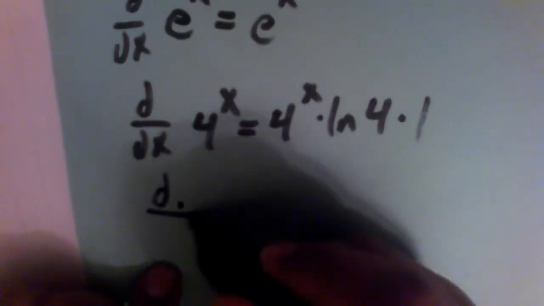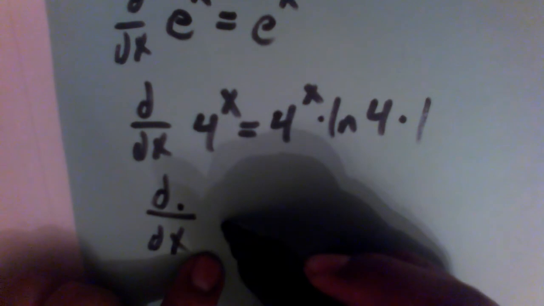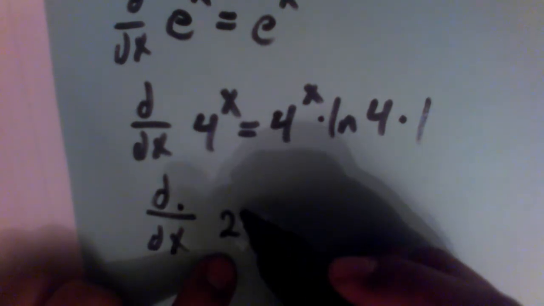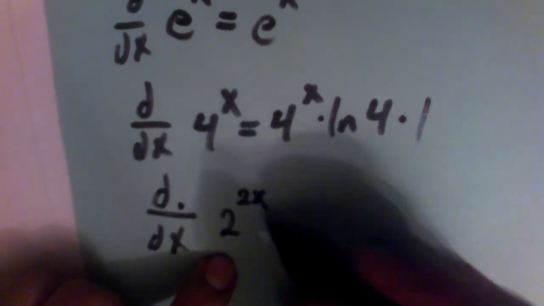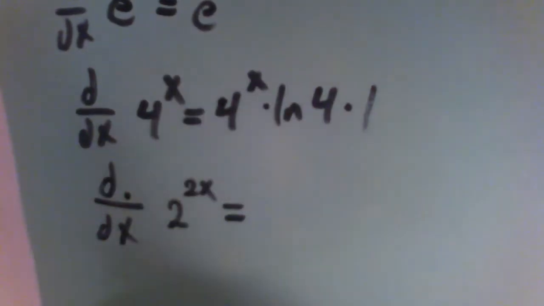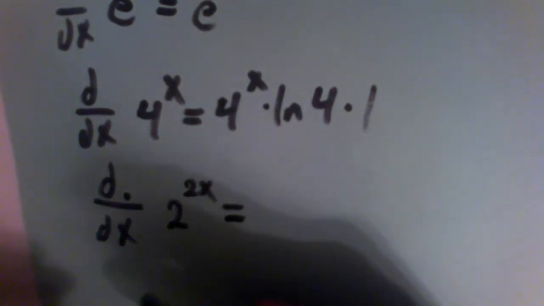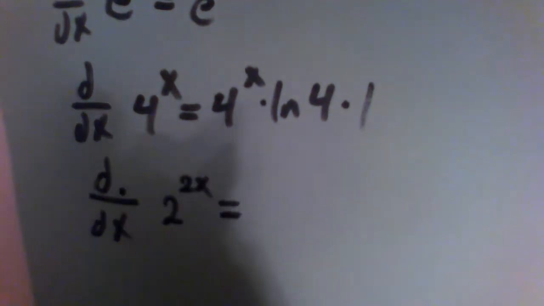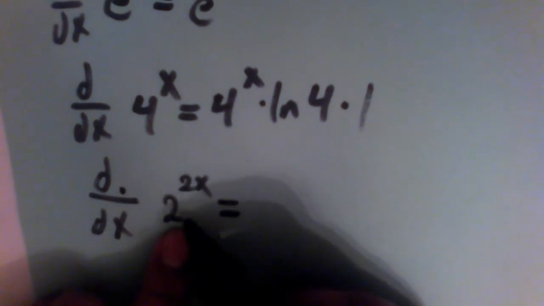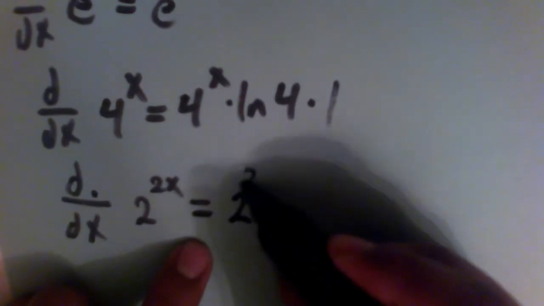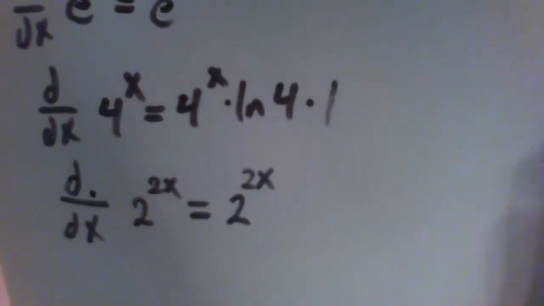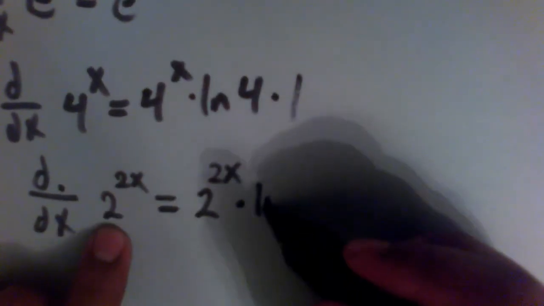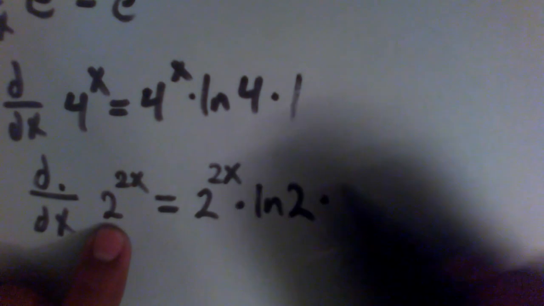Let's do another one. I know that was a little bit weird. Let's try 2 to the power of 2x, and we want to take the derivative. Every time you see an exponential problem, you'll know the first step is to write it itself, because the derivative of anything exponential is going to be itself multiplied by some other things. So now times, what's the base? Well, 2, so natural log of 2 times the derivative